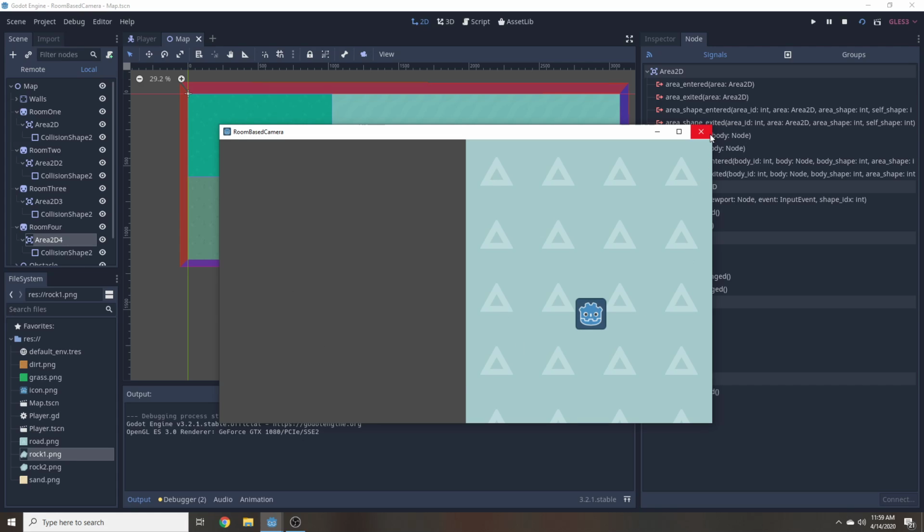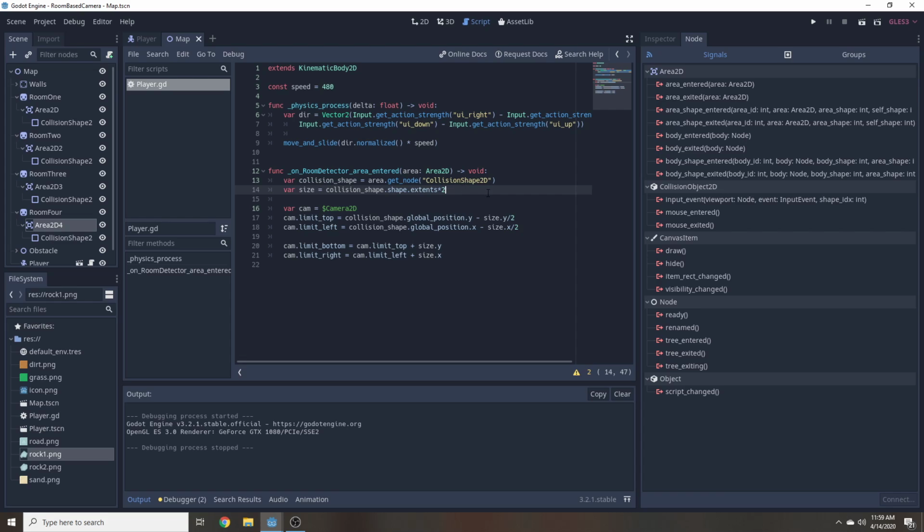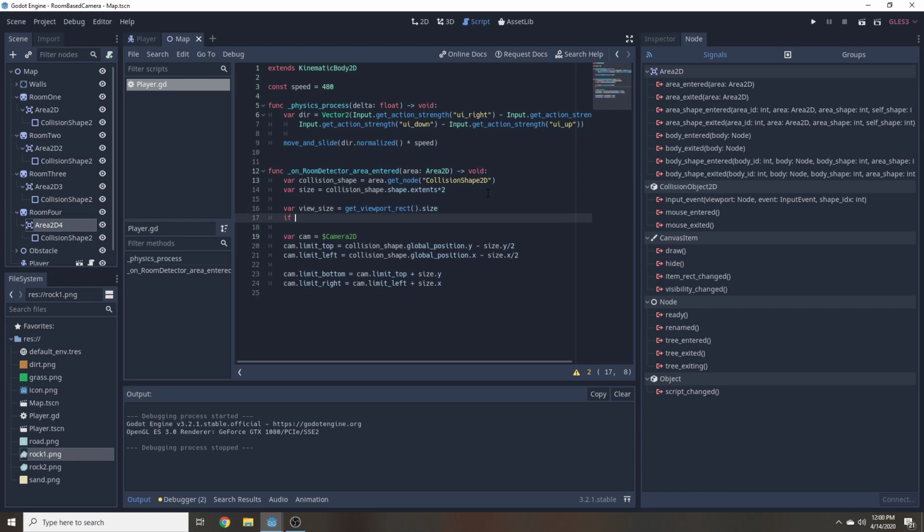What's happening is that the size of the room is actually smaller than the camera, so the limits don't update properly. So what we're going to do is check if the size of the room is smaller than the size of the camera. So let's go back to our code. And we'll get the view size like that. And then if the size